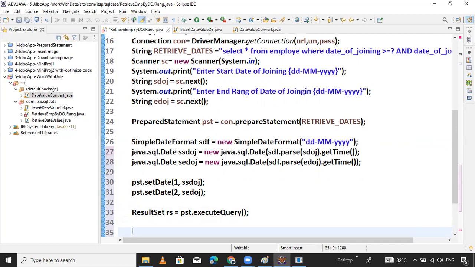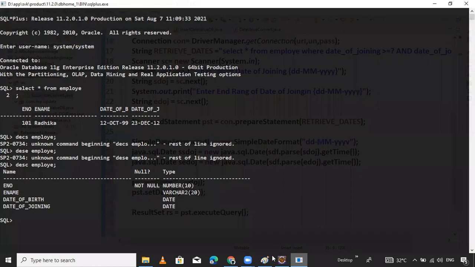Now process the result set. How to process the result set? It's simple. First, how many things are there inside this record? Let's check it out. First is employee number, name and date.